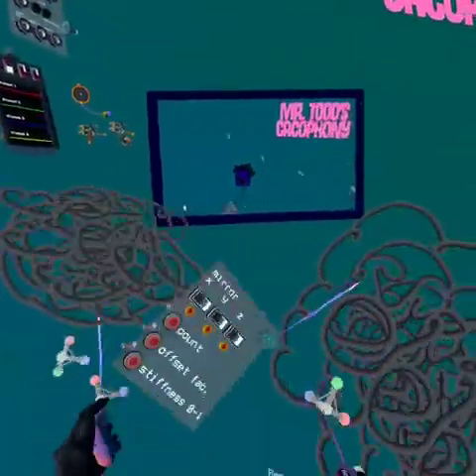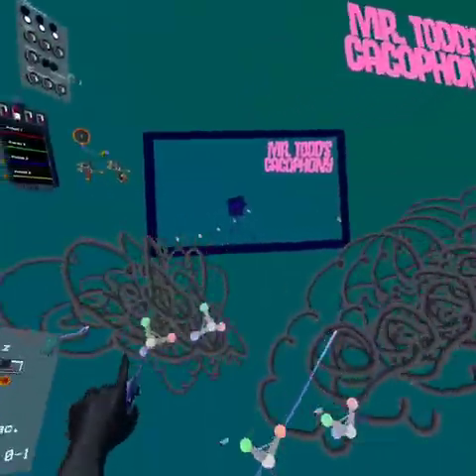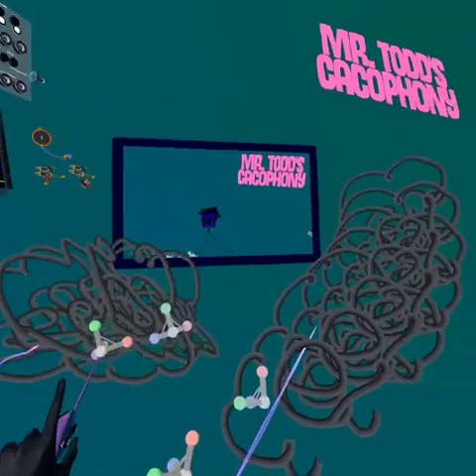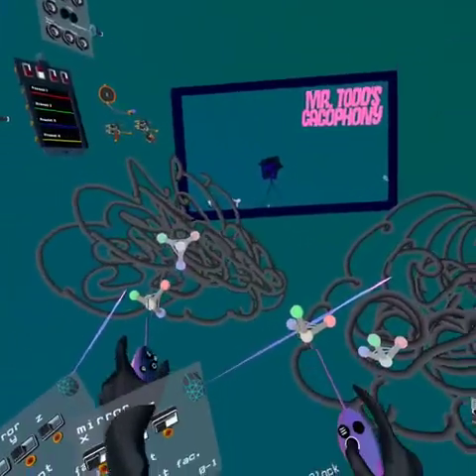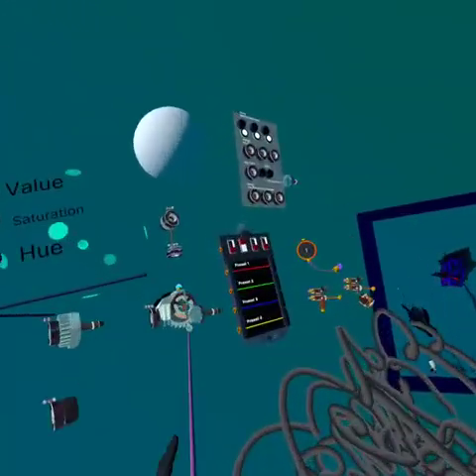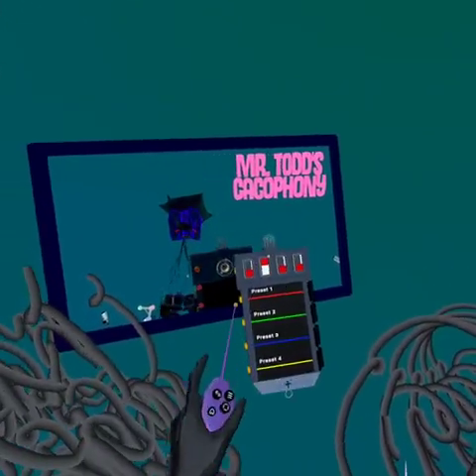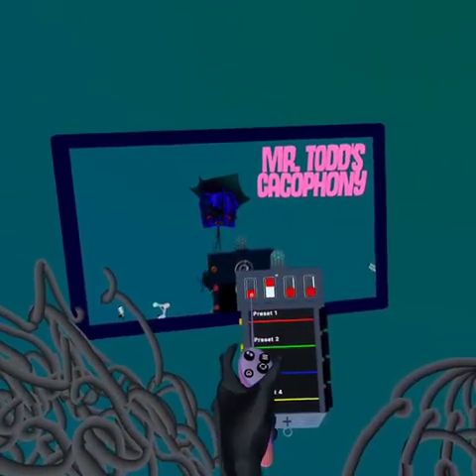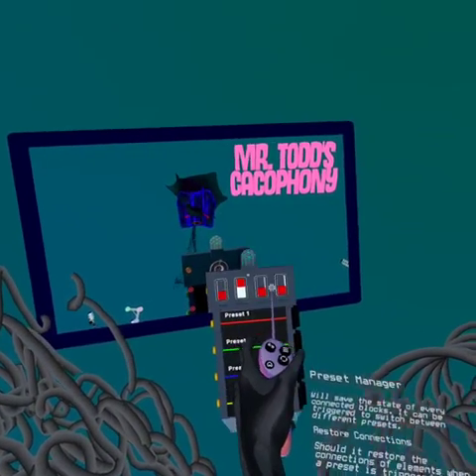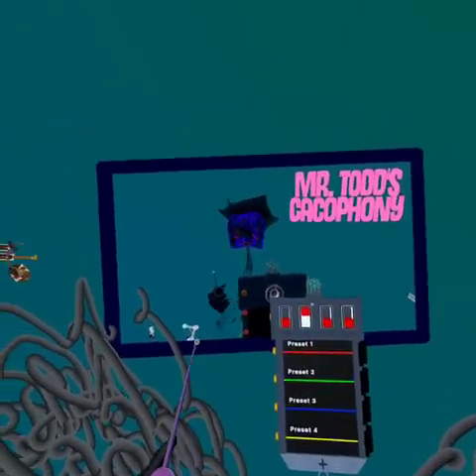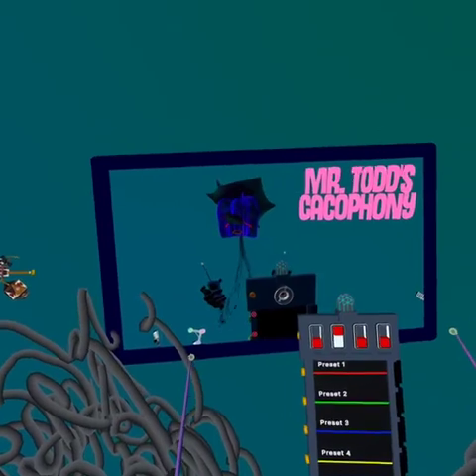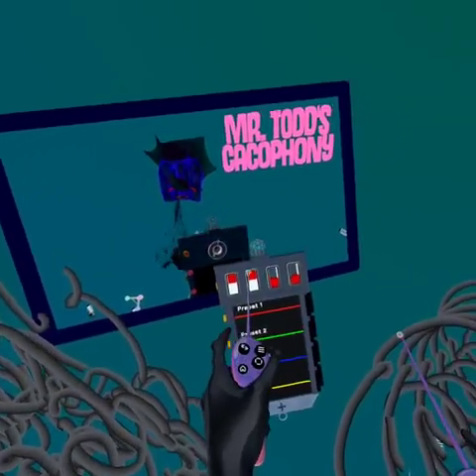But what if I wanted them to do something in a synchronized way by itself? Well, let me show you a really cool block for that. This is a preset manager. Preset manager is very, very powerful. Now notice it has things like states, connections, visibility, and positions. Since I don't know what all of those things mean yet, I'm just going to turn them all on,